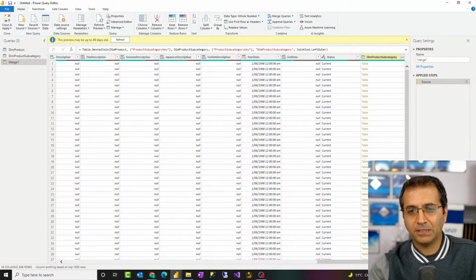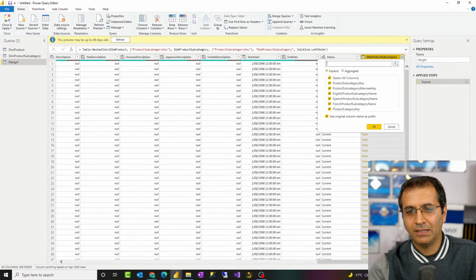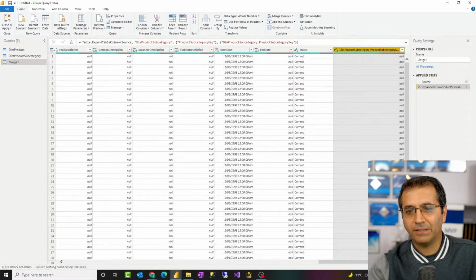Now what I can do is I can do a lot of different things. I can first expand this table to at least one of these columns. I'll just select one of these columns, let's say the key column in here. Now if this key column is null, then these are count of blank rows for me, right? So I can then just get the count of blank rows here, and that would be correct value for me,